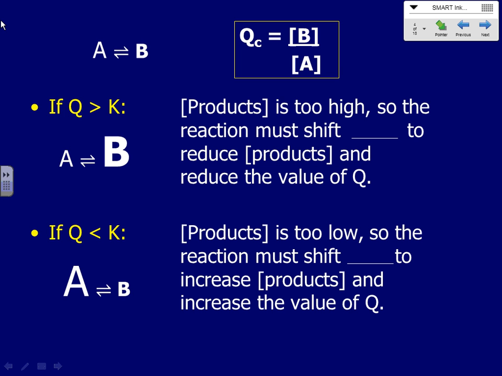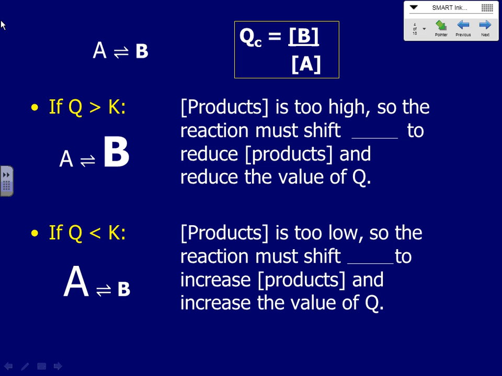If Q is bigger than K, it means we've got a big number on the top and too small of a number on the bottom compared to what it should be for K. It means that the product value is too high. There's too much product in this particular situation. So the reaction must shift to reduce the products and therefore reduce the value of Q until it becomes